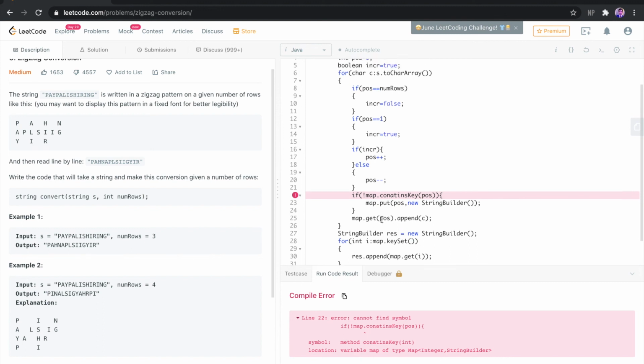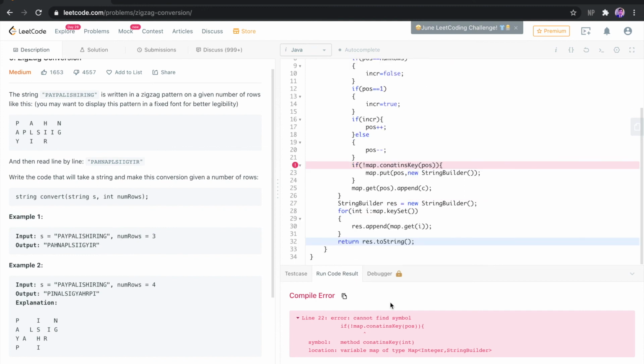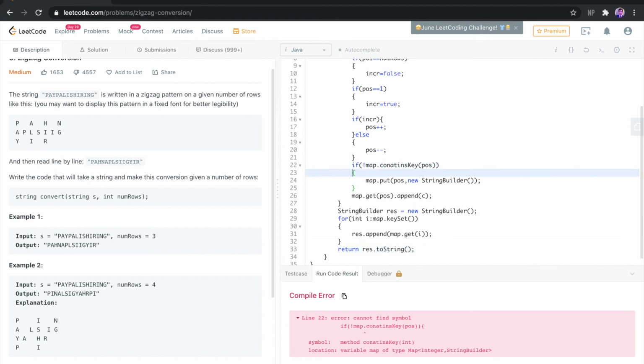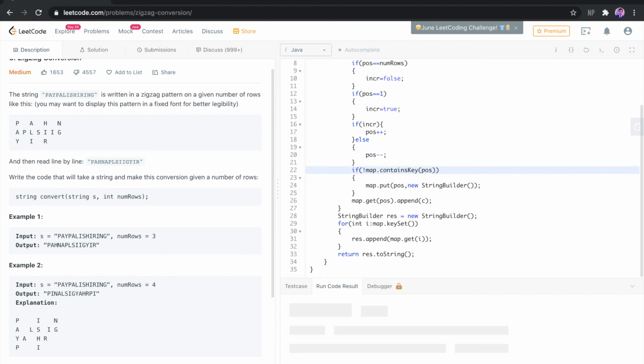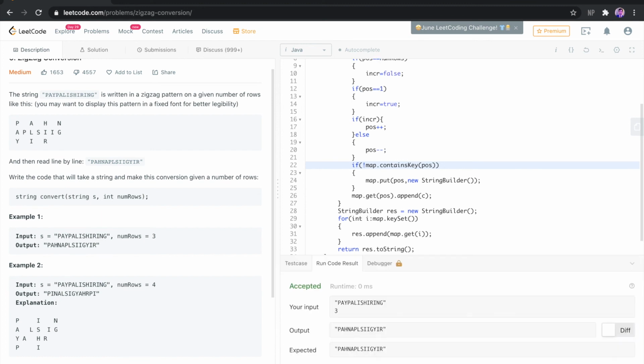I'm getting an error. Oh, spelling is wrong. containsKey. Let's run it again. So yes, our code got accepted. As you can see, it is the same string that is given to us here.